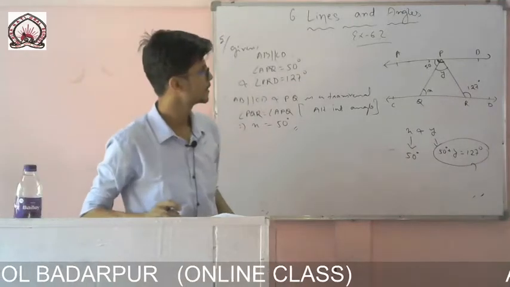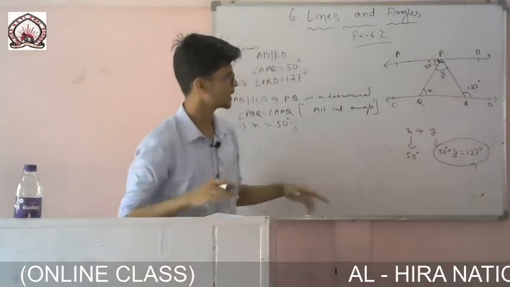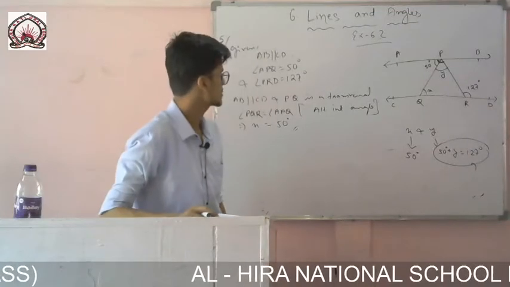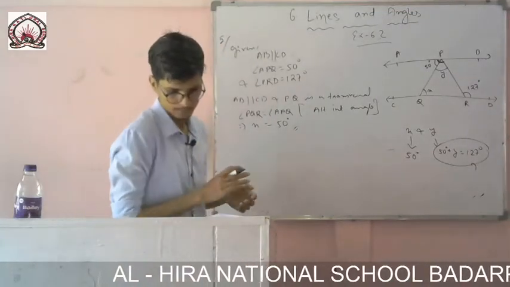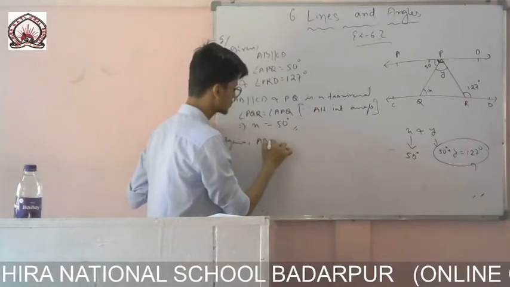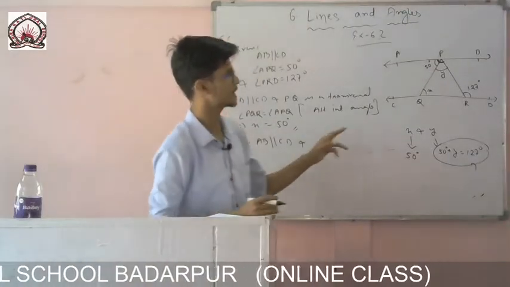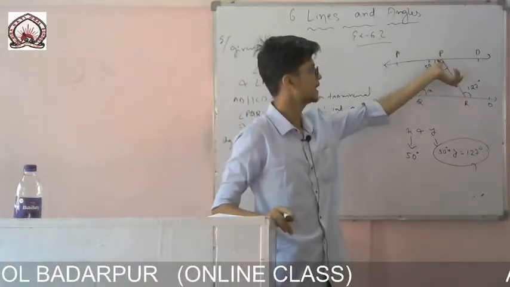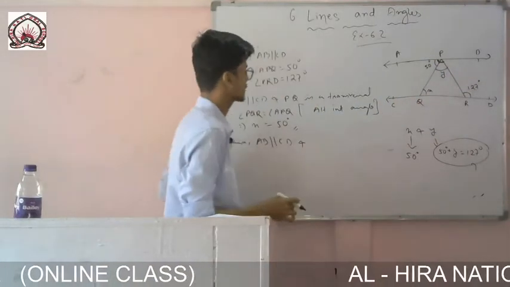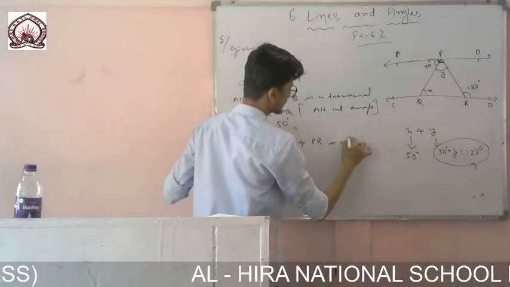Now I will find Y. The value of X I have got is 50 degrees. Now I have to find Y. What I have said is that this angle and these angles are alternate angles. So the same thing I will write again: AB is parallel to CD, and now which one will I take as the transversal, PQ or PR? Now I will take PR because this angle makes this one and that one alternate. So PR will be the transversal.